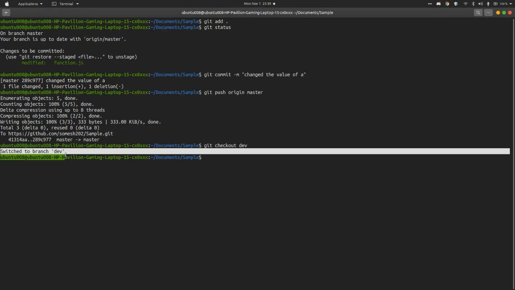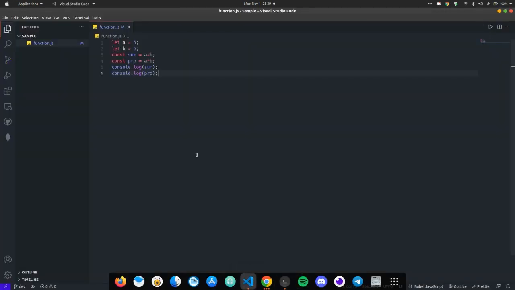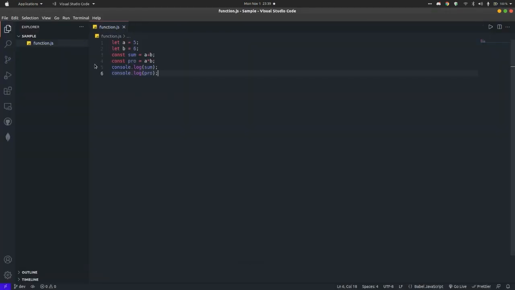Switched to branch dev. I will make some changes in the dev branch. Let's change the value of b from 6 to, let's say, 8, and this is the dev branch.